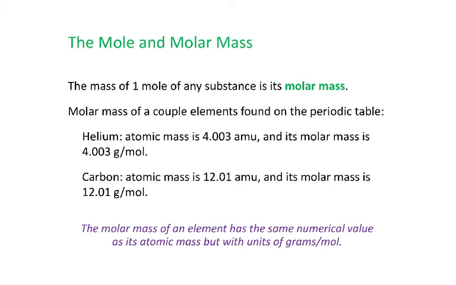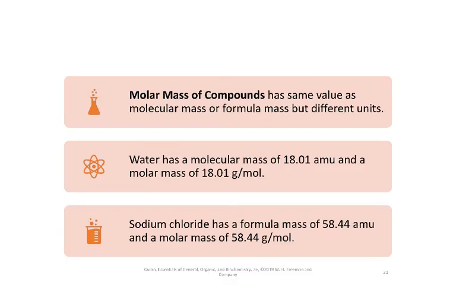Once you understand that's the mass, it could be AMU per helium atom, for example, 4.003, or 4.003 grams per mole. And carbon atom, we've talked about that. So the molar mass of an element has the same numerical value as its atomic mass, but with units of grams per mole. The same thing we can do with molecules and compounds. The molar mass of a compound has the same value as the molecular mass, but with different units. So water from before had a molecular mass of 18.01 atomic mass units, and also has a molar mass of 18.01